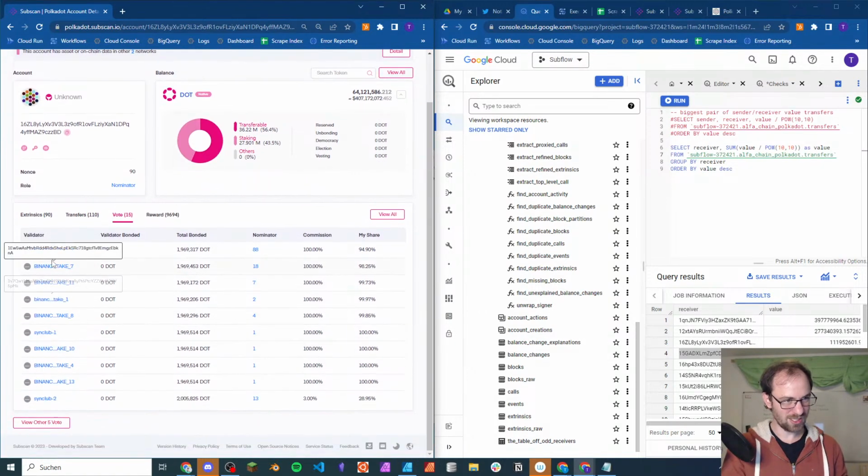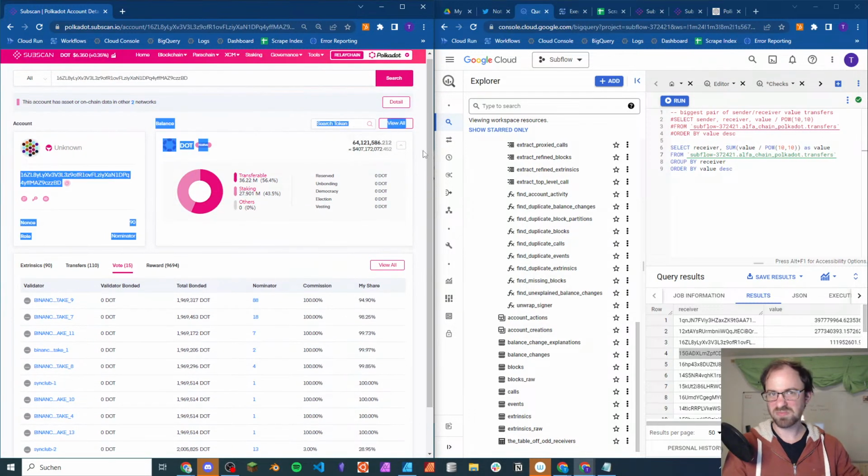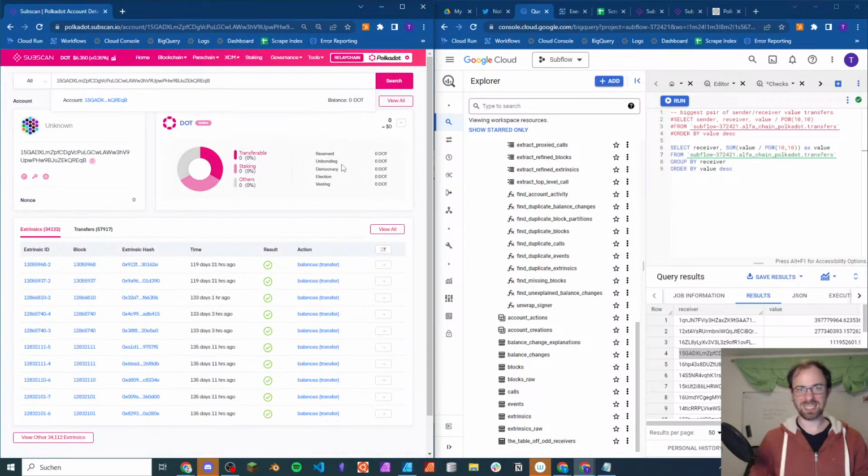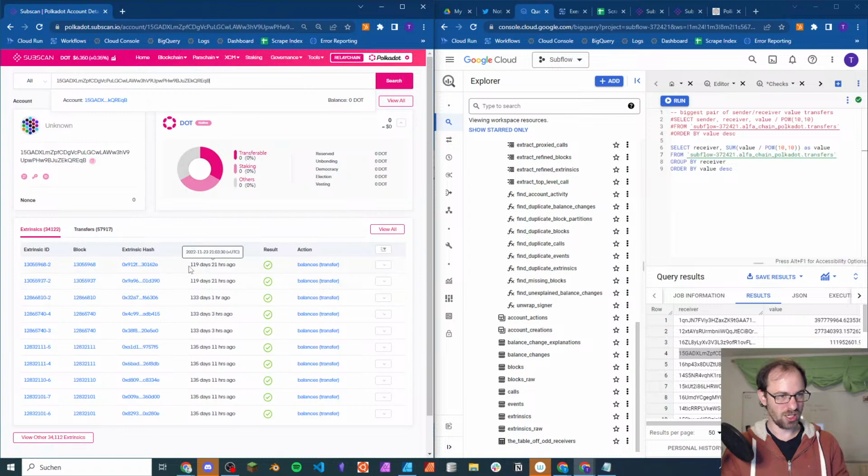Oh, and what do we see here? Voting. What is this voting? So this seems to be Binance. This seems to be a cold wallet of Binance, maybe with 64 million DOT. Yeah, so this is actually where we can now start mapping out the ecosystem, and this is what I actually wanted to arrive at. Okay, this is another centralized exchange that has 0 DOT right now,